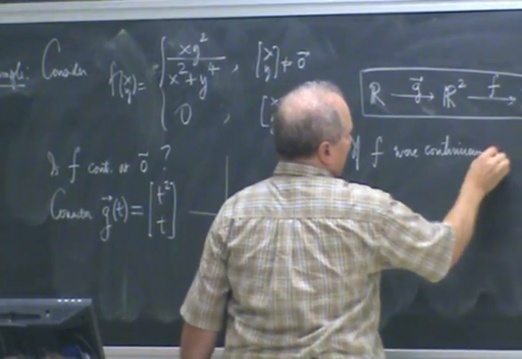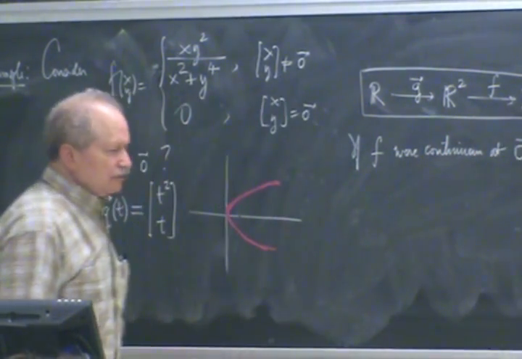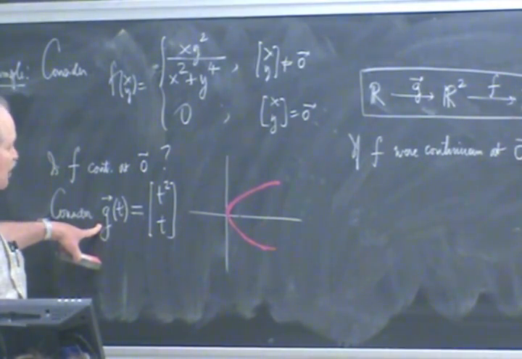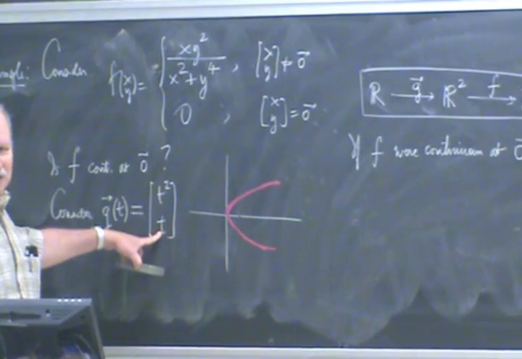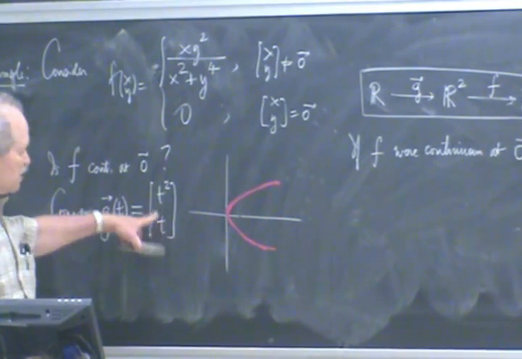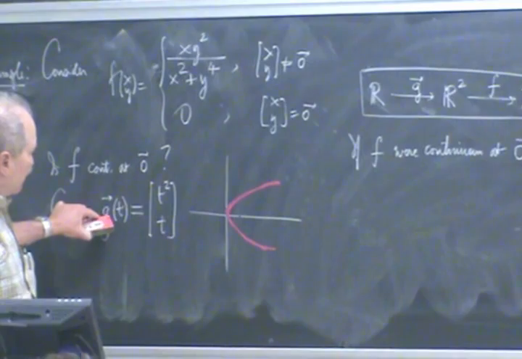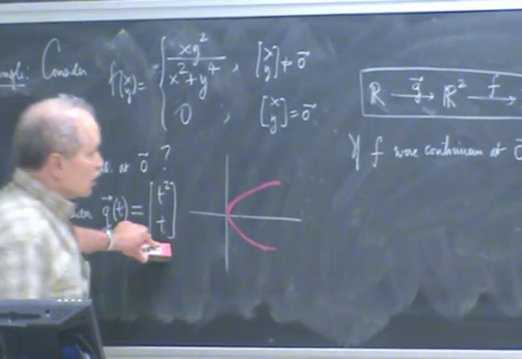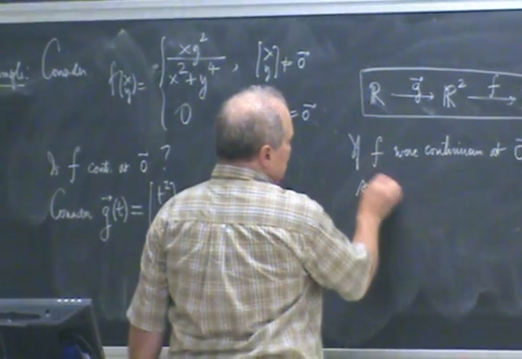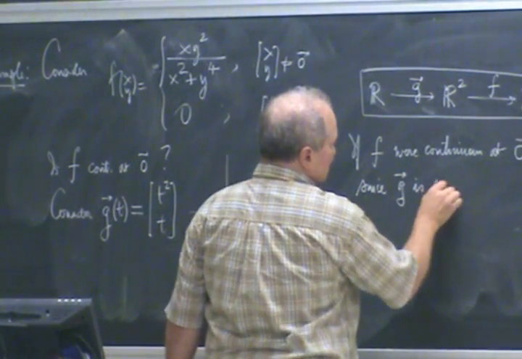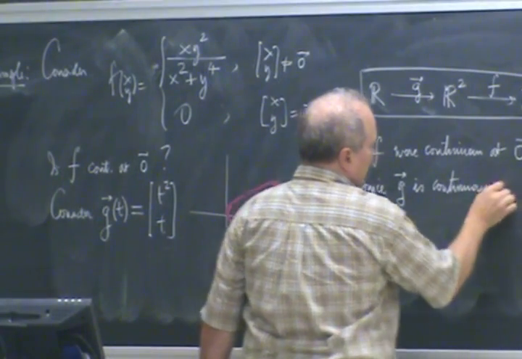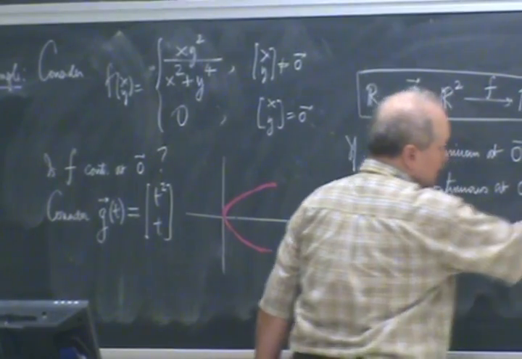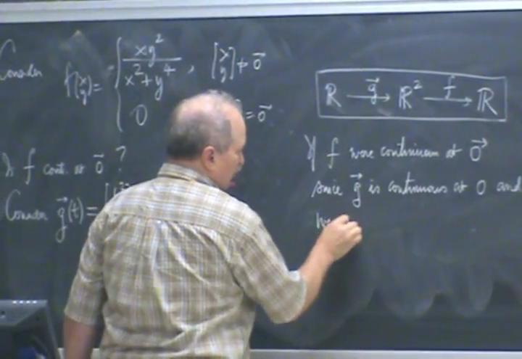No. If f were continuous at 0, is g continuous? Yeah, right? Its component functions are certainly continuous, and pretty much by the kinds of things you did in homework, if you have a function whose components are continuous, then it's going to be continuous. So if f were continuous at 0, since g is continuous at 0 and g of 0 is the origin, we would conclude, from what we just proved,